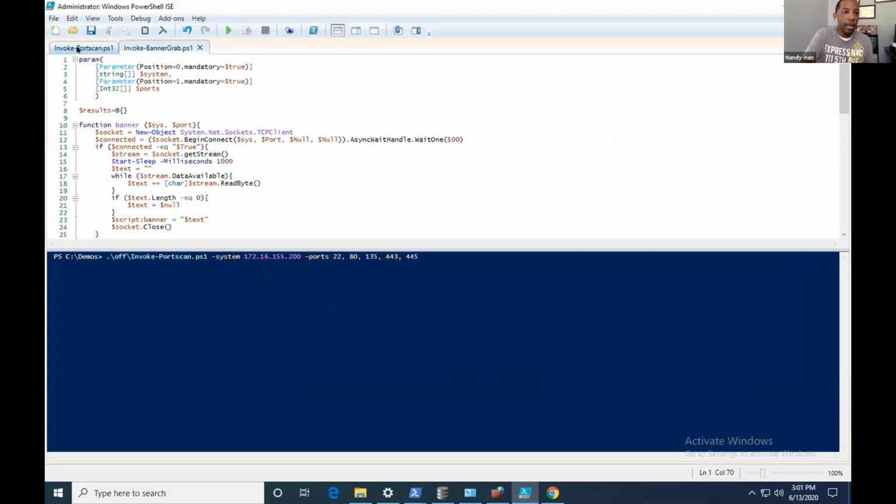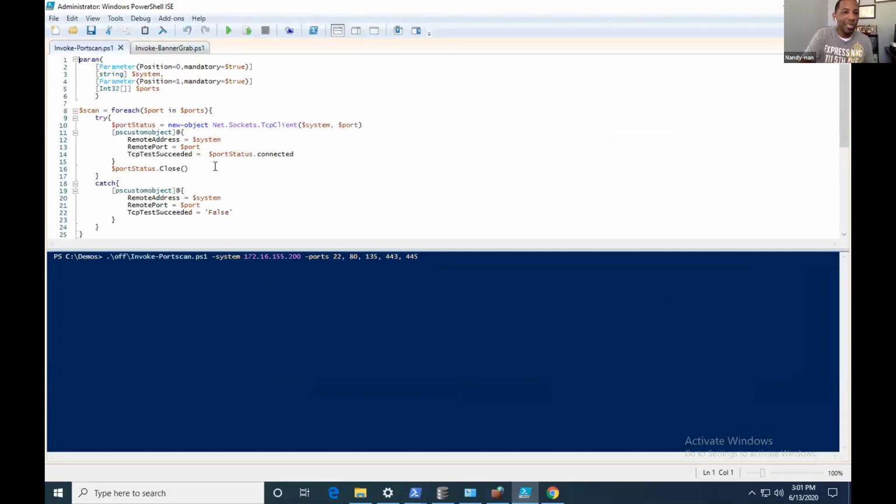When we look at the port scan one, I'm talking like 26 lines, and I could probably get this down a little bit more. Really it's 18 lines because I have some parameter stuff up here. So I'm going to do Invoke-PortScan. I'm going to specify the system. I can do more than one system, but I'm only doing one right now. And I'm not going to do all 65,000 UDP and TCP ports. I'm going to be very targeted on what I'm looking for: 22, 80, 135, 443, 445. We're specifically looking for those things.